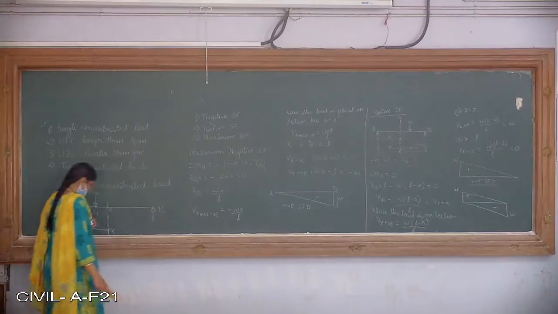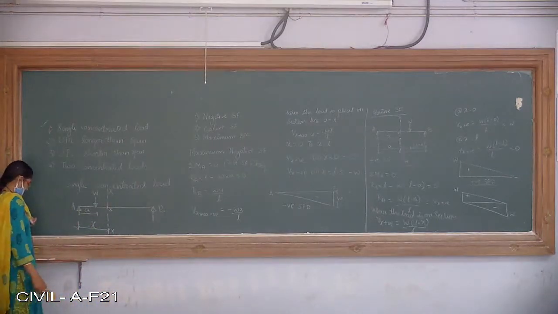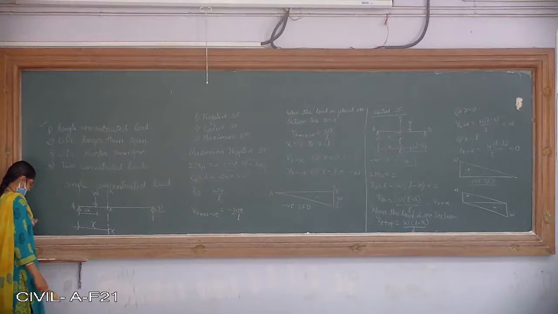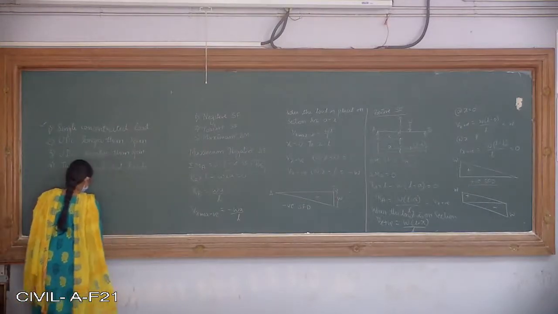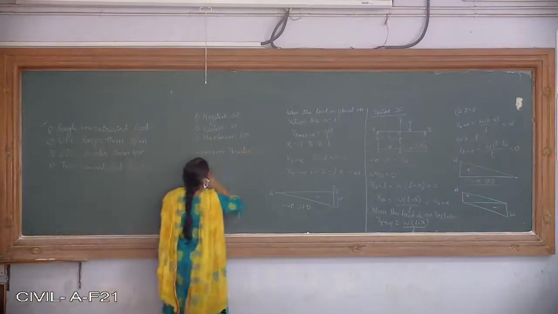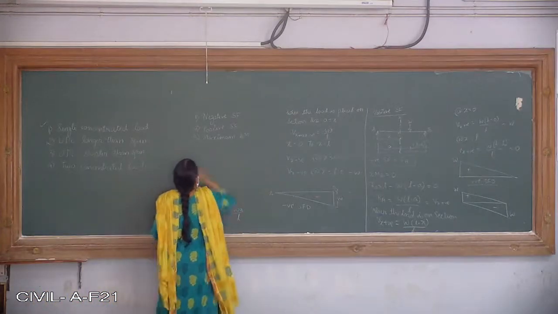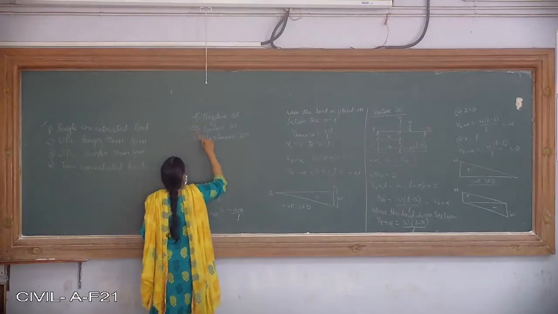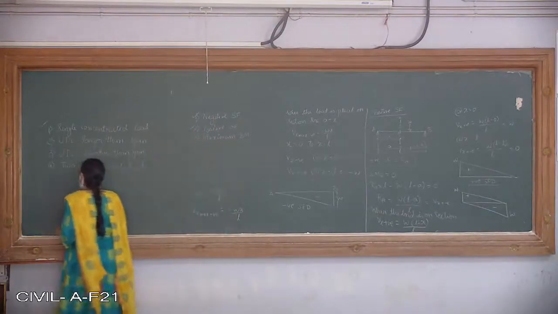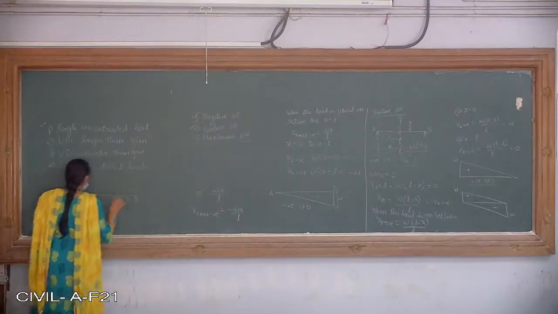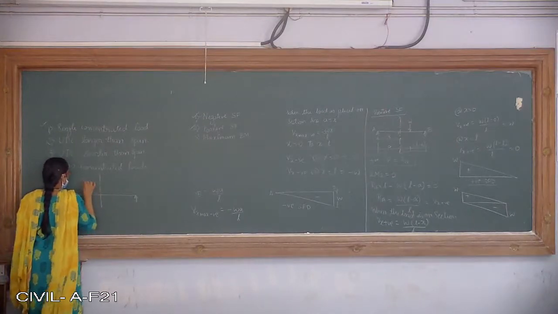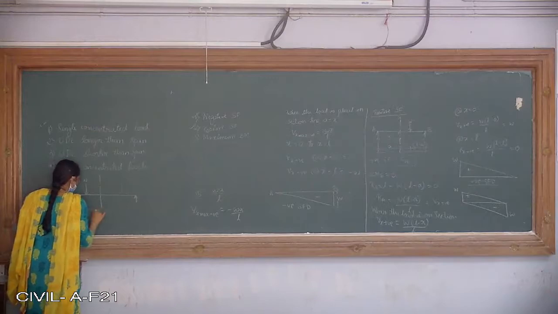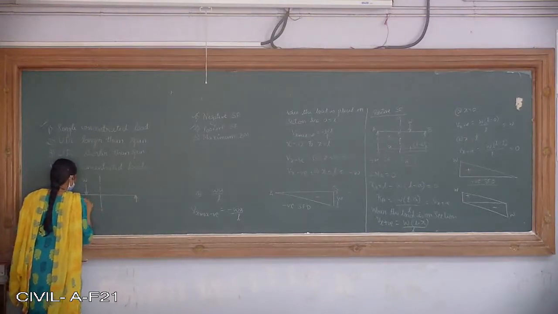Okay, so next let us calculate maximum bending moment. How do I get the value of maximum bending moment? So again I will place the load and calculate the value of maximum bending moment. So we have calculated negative shear force, positive shear force. Next we will be calculating the maximum bending moment. So for that again I am going to place the load like this, W.